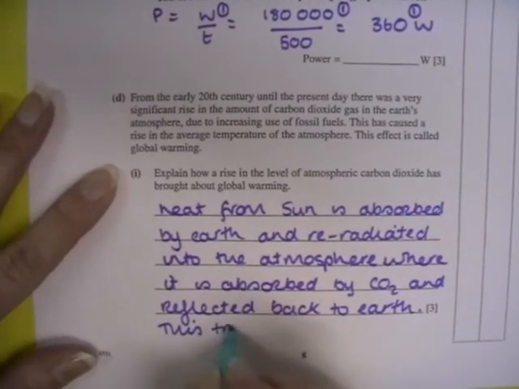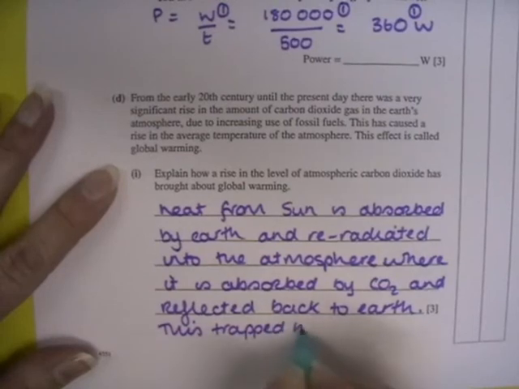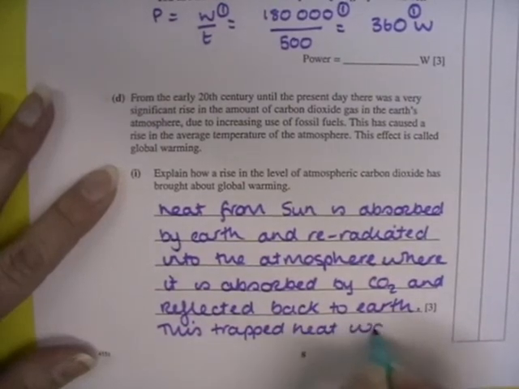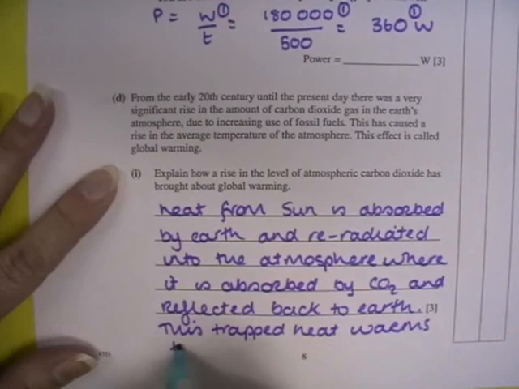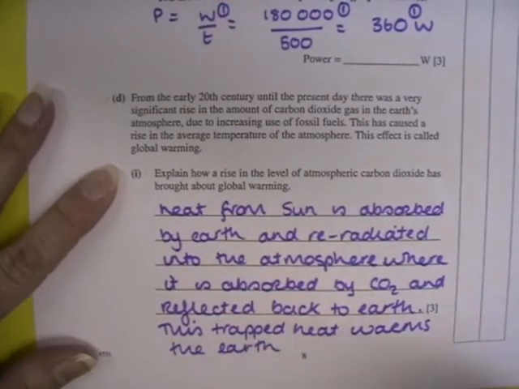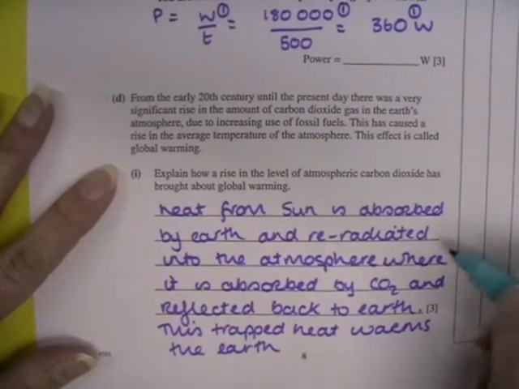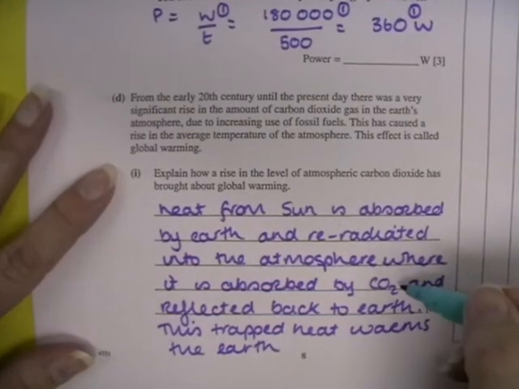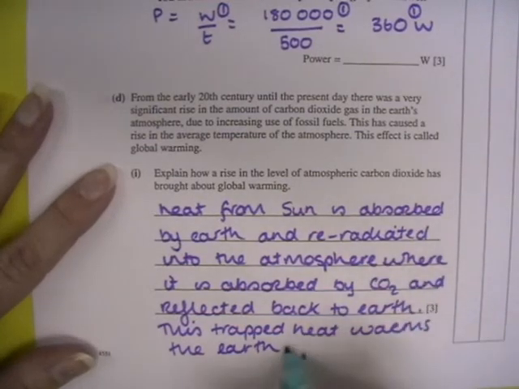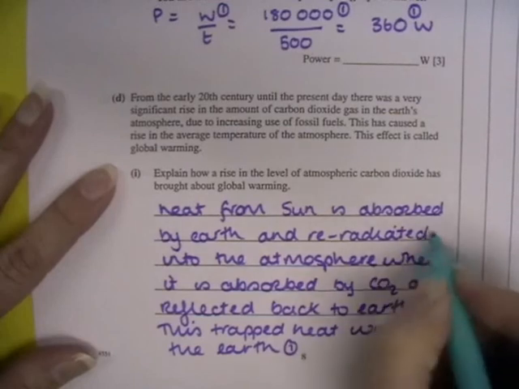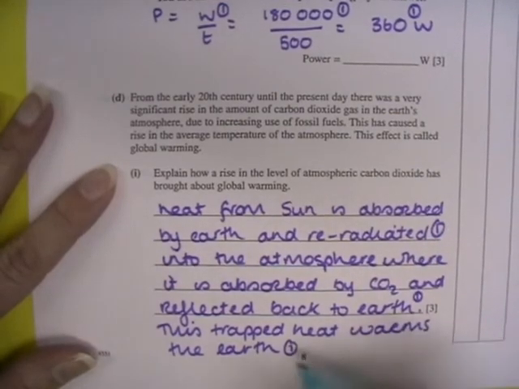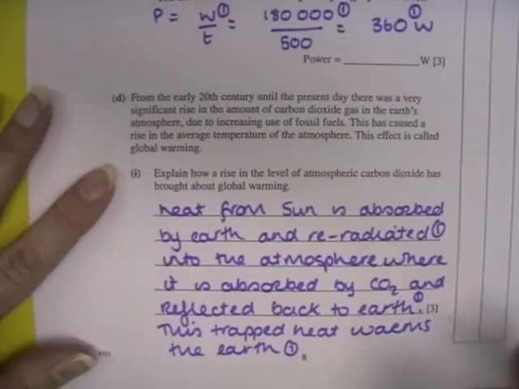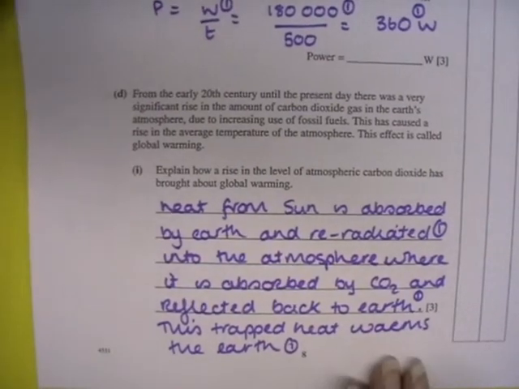This trapped heat warms the Earth. What you need to identify is the re-radiation of the heat into the atmosphere, the fact that the CO2 then traps it and reflects it back to Earth, and the fact that this then warms the Earth. So the re-radiation, the trapping, and the warming of the Earth. Any 3 out of those points will get you the